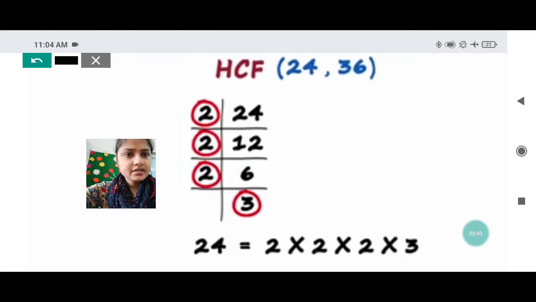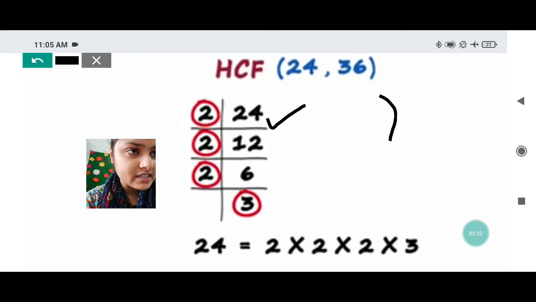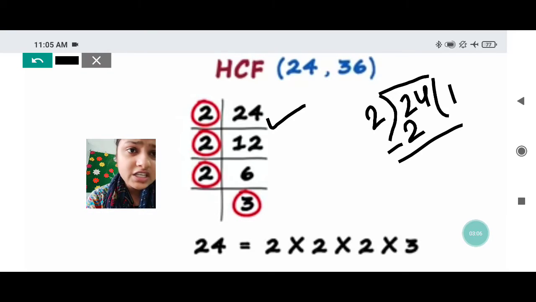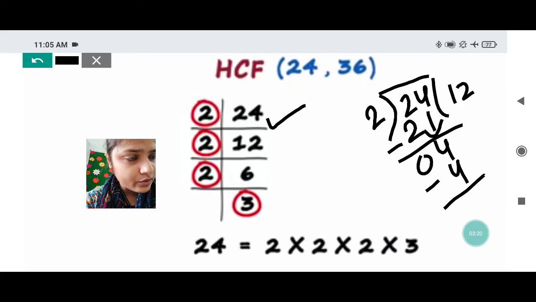So you can see here, suppose 24 is the number. Suppose you used to do simple division, how would you do it? You would write 24 like this, and 2 on the left side of the number. Then you read the table of 2: one time is 2, you write 2 in the quotient place and 2 just below, and you get 0 as a remainder. Again you take down the next number, that is 4. Again reading the table of 2, you get 4. You write 4 just below 4, and you get 12 as the quotient.